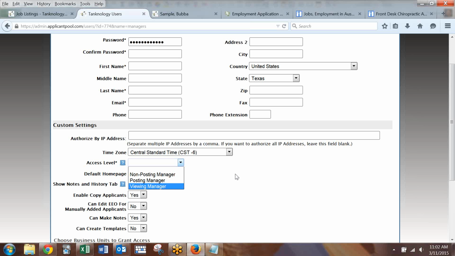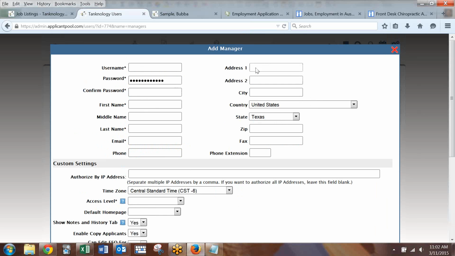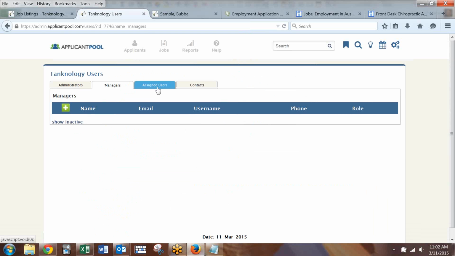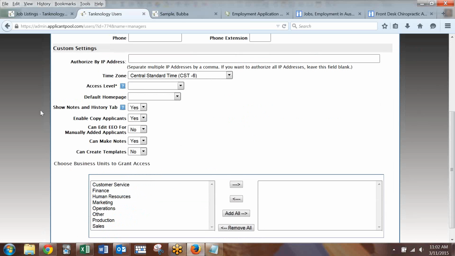You actually have one additional type of user, but let me show you this first. And then this is where you could choose, the Boston, Houston business and give them just the business units you want to have access to. Okay? And you'd hit add. The additional type is if you're doing screening for any managers and you only want them to see applications that you have assigned to them. So if you have 20 people that apply for a job, but you only assign a couple, you can assign from any job you want. That's what these are. So because your assigned users are only seeing